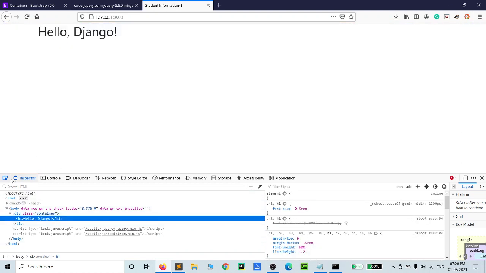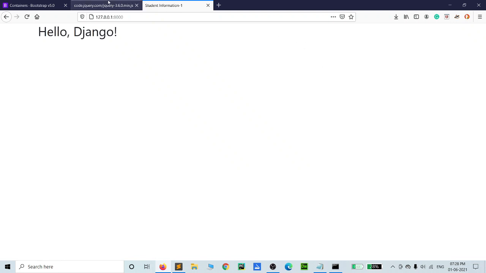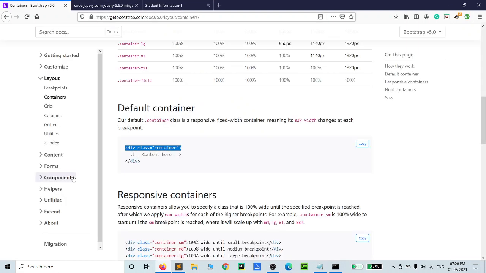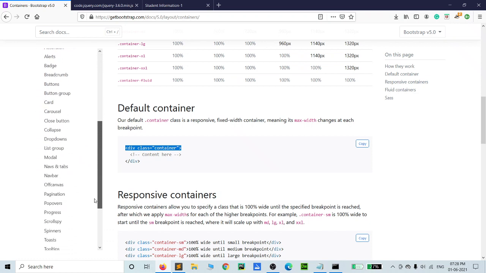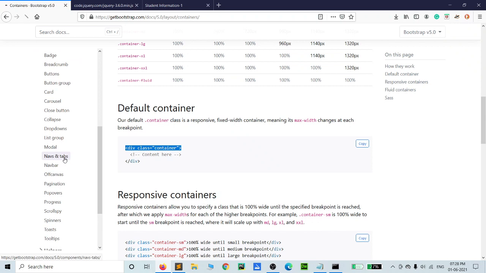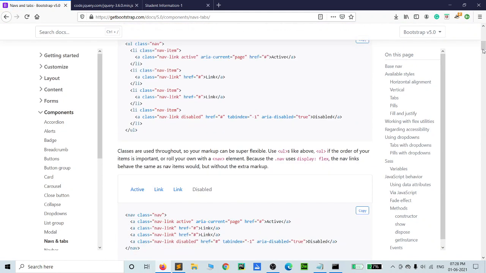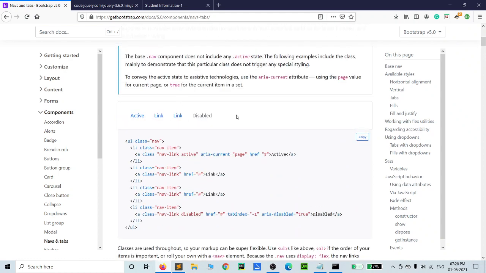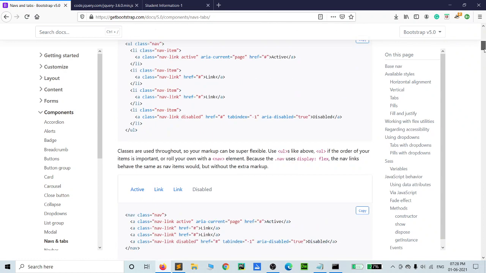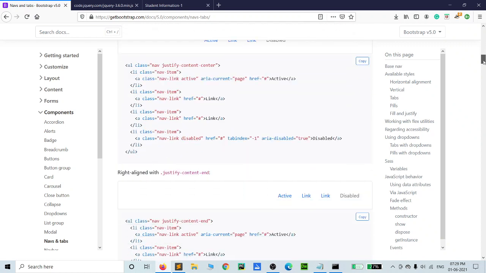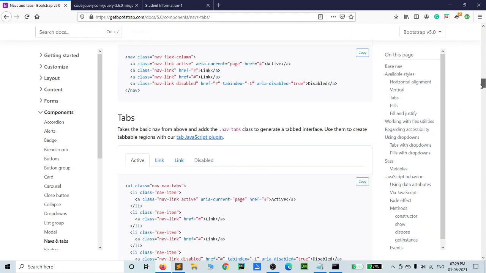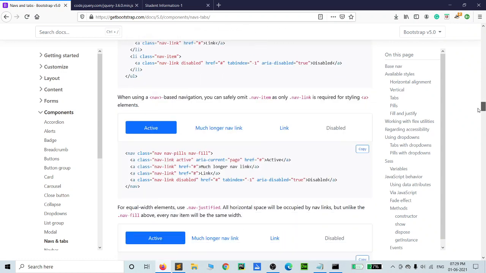Okay, and one more thing, inside Bootstrap we can add the form sections or navigation components. We can add some of the navigations in our HTML files. See that. So suppose if you want these kinds of navigations, you can add them to your website like that. I need the type of navigations we can.